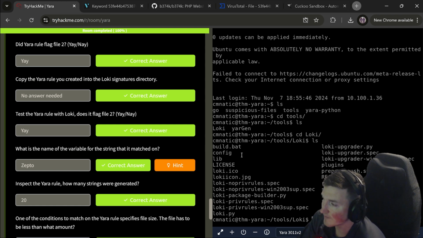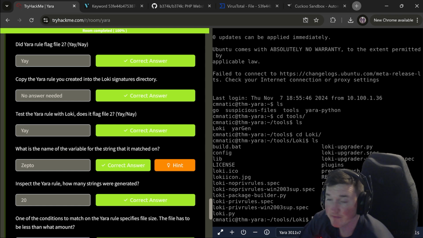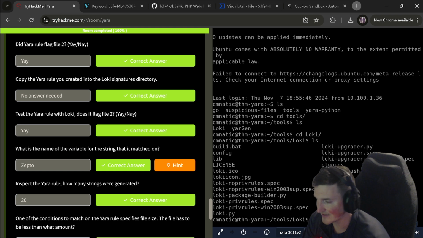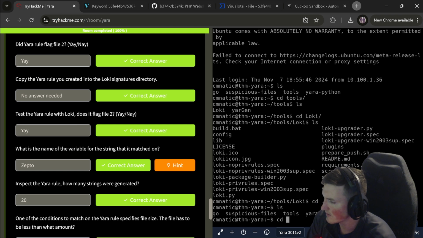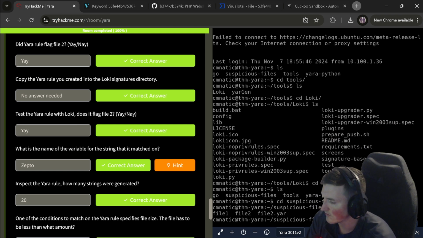So anyway, if you copy the file over here, then you go through and run Loki, and you're going to see that it pops for the actual rule. Well, the nice thing for us is we know where the rule is, right? So we can actually say cat file2.yar.